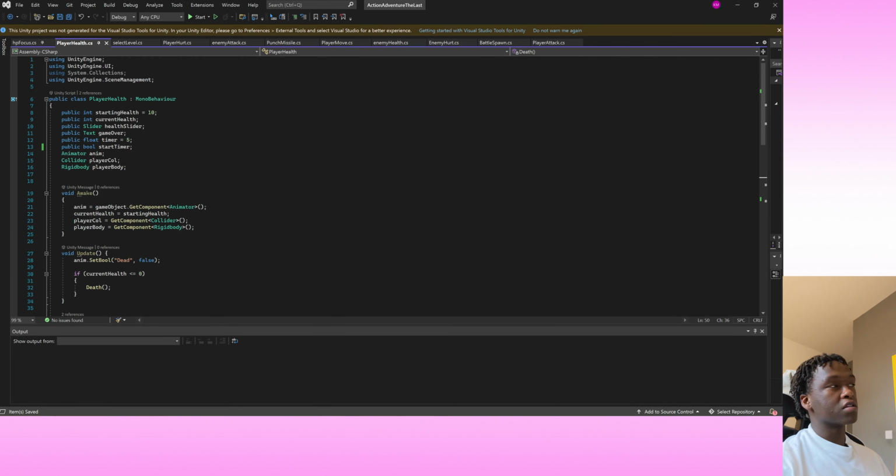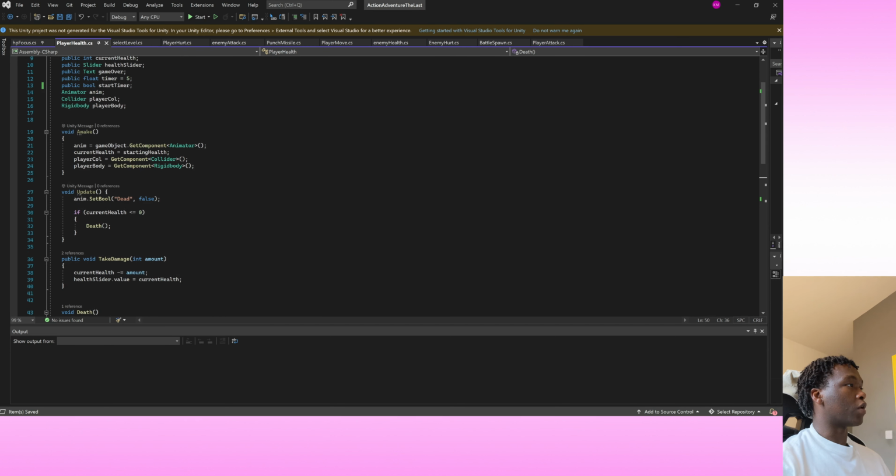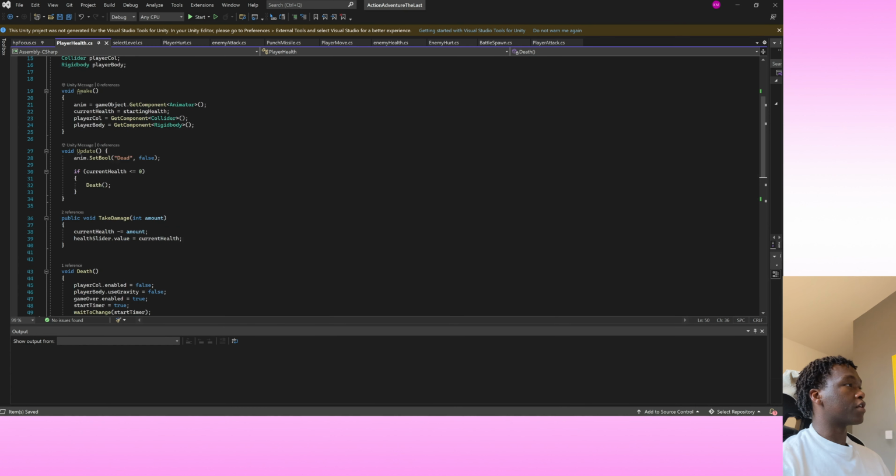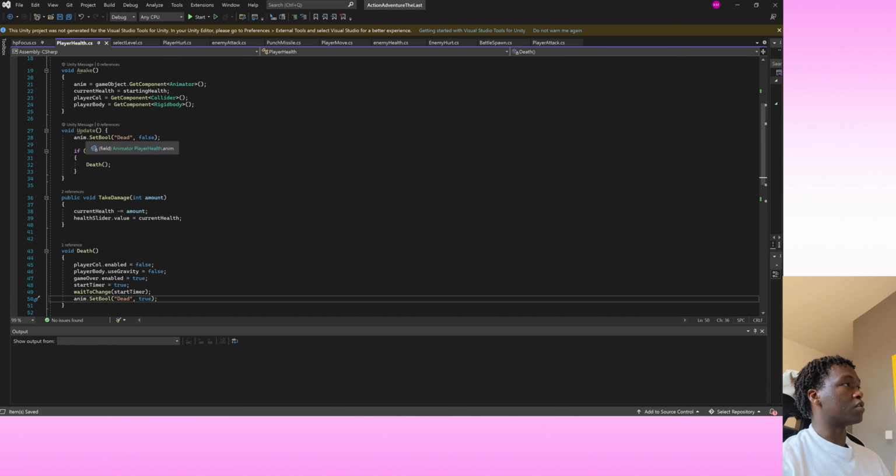So the important parts here are using UnityEngine.SceneManagement, public Text gameOver, you want a timer, you want a bool called startTimer, reference to the animator, reference to the collider and the rigidbody. You set that up in void Awake, and then you have this method that we've returned to, and then the rest we've spoken about, which brings us right over to void Update,